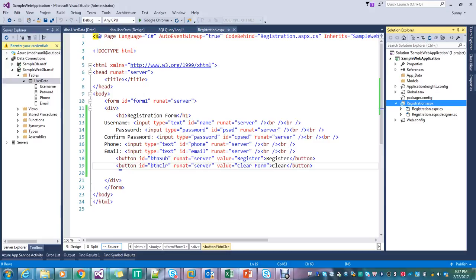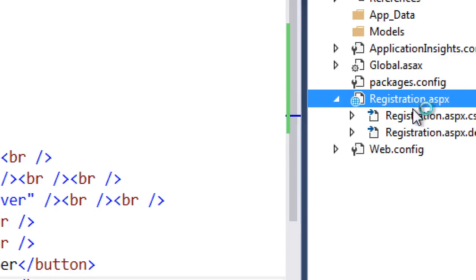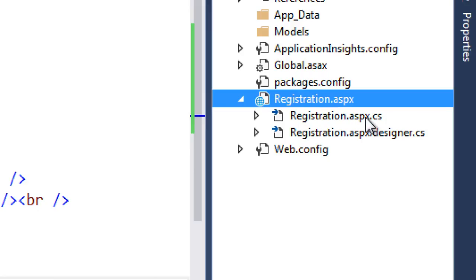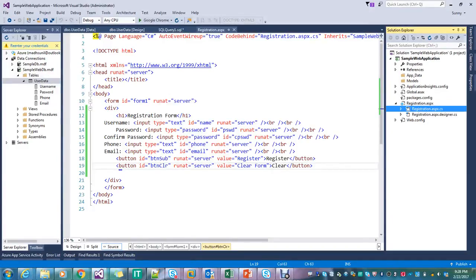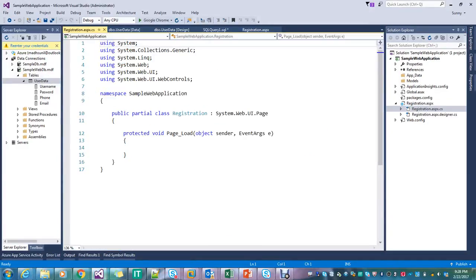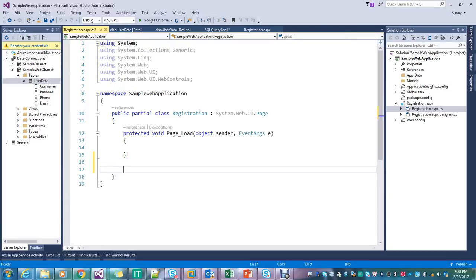Every web page is associated with three parts. That is your C# file, which is for writing your server side coding, and the designer part, which is the code generated by your web application component, and the ASPX to store your HTML components. So we'll double click on registration.cs. I will write a protected void